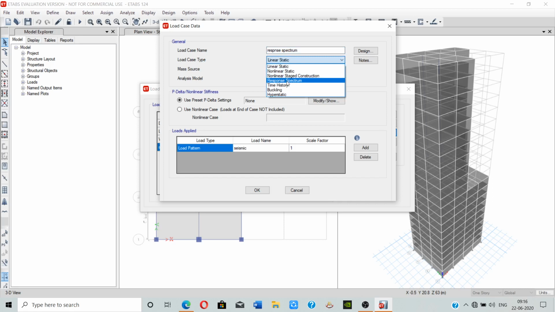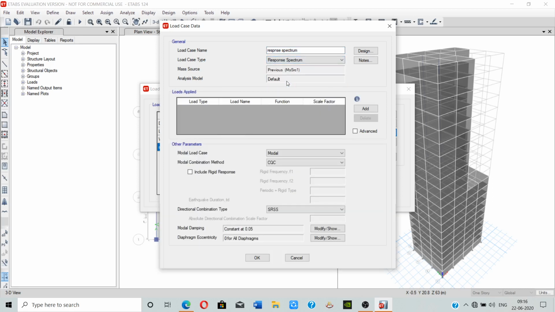and here click the response spectrum, then click on the add and here choose the response spectrum and scale factor. For the scale factor